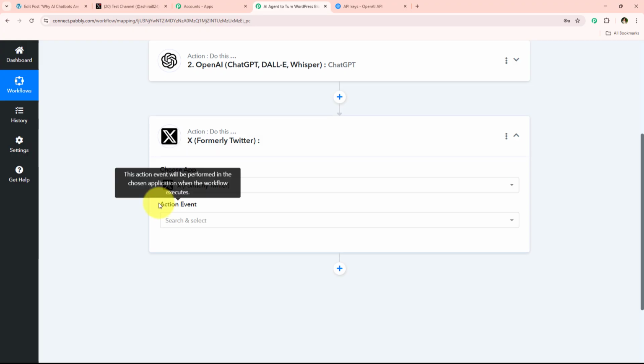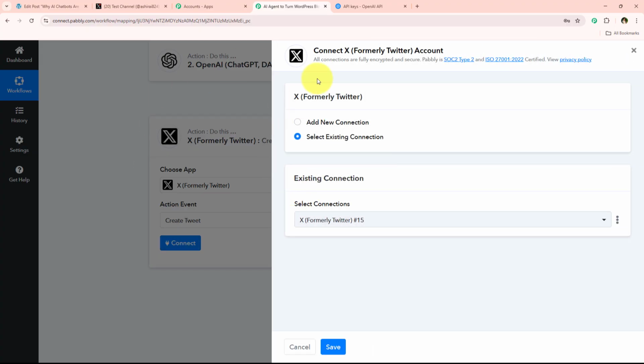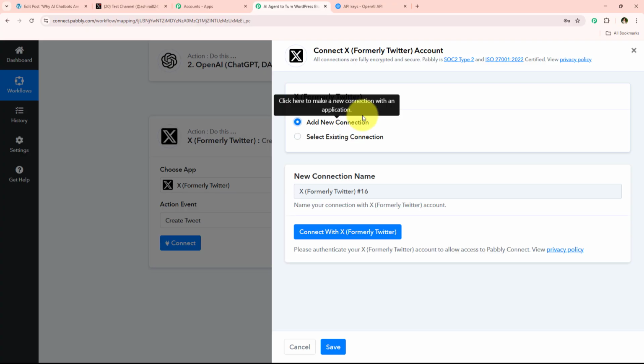Alright, so I'm simply going to select it, and now for the action event I'm simply going to select it as create tweet and click on this connect. Now if you have already connected your X account, which is formerly Twitter, you can click on this select existing connection and then save. But if you haven't, you have to follow me, click on add a new connection, and